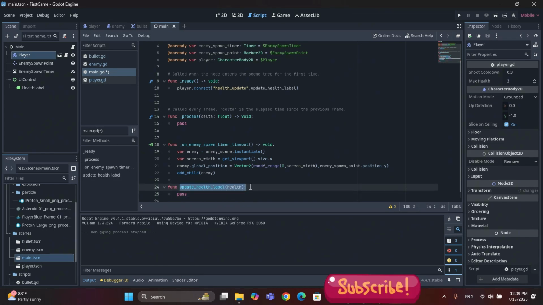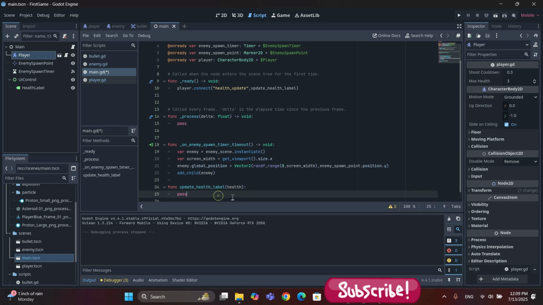This function will be called once we receive the signal called health_update, and this health_update signal will pass a value called health. So we'll receive the value in this health variable, and in here we are going to write